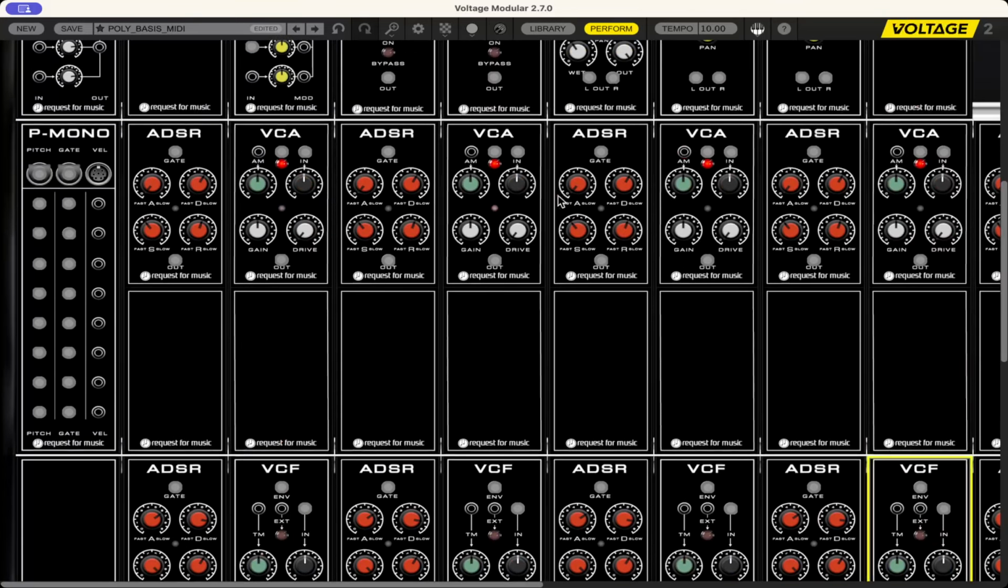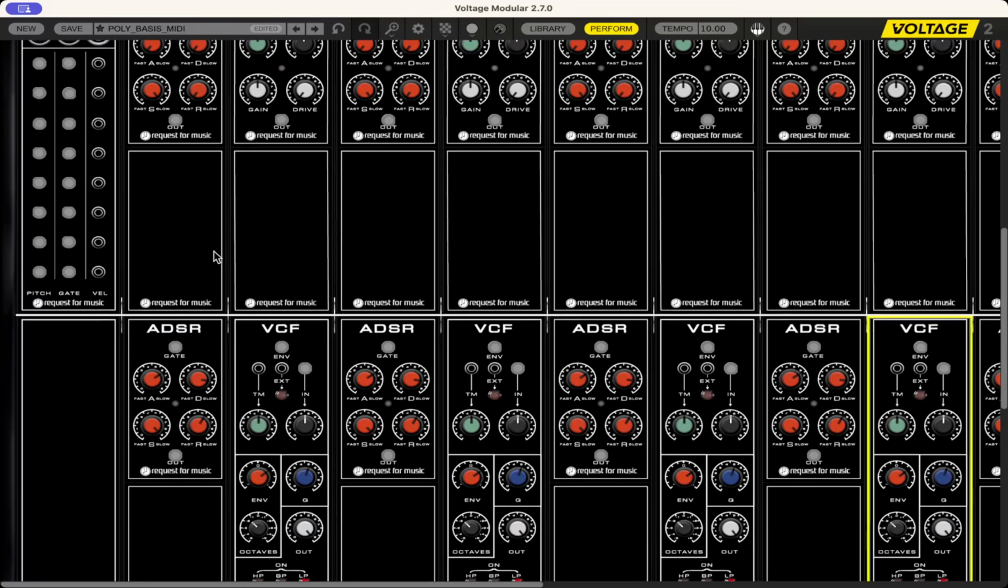So first of all, let's go for a simple setup. I'll put all of the ADSRs to a standard setting where you don't have attack or decay, just a long full decay and release, and I won't put any Q in there. So